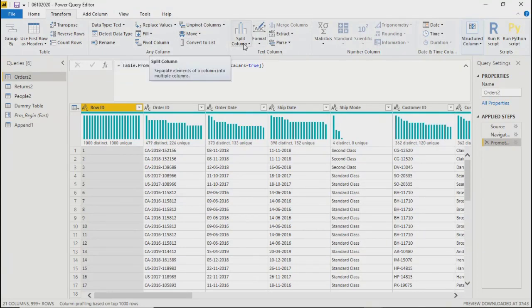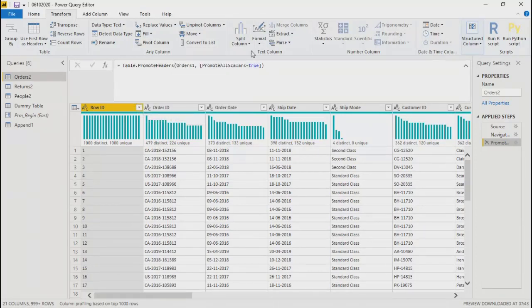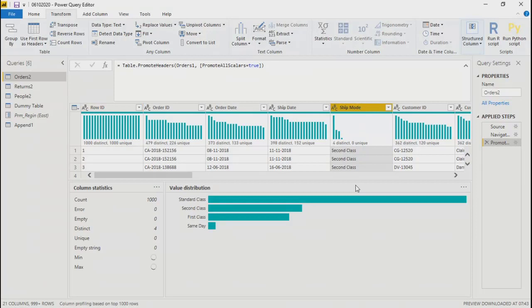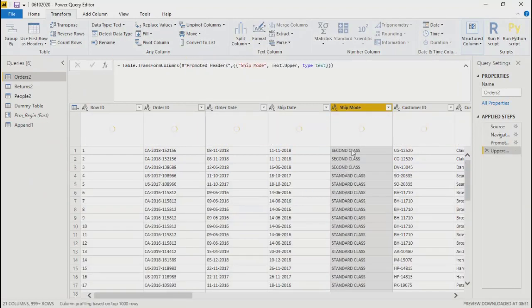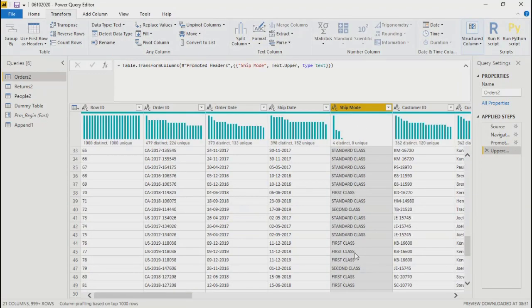Split column we already saw: split by delimiter, number of characters, position, lowercase, uppercase. Then format, again related to uppercase and lowercase. So maybe for ship mode, if you want to convert everything into uppercase, you can utilize this. Say upper, and everything got converted into uppercase.